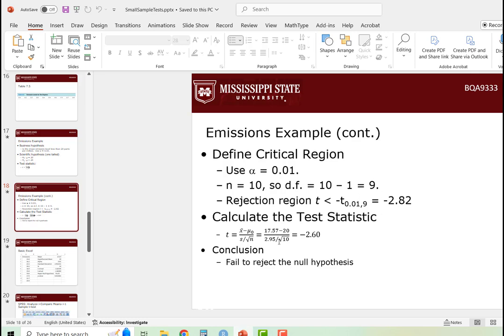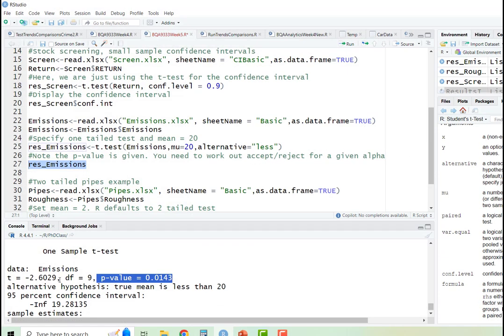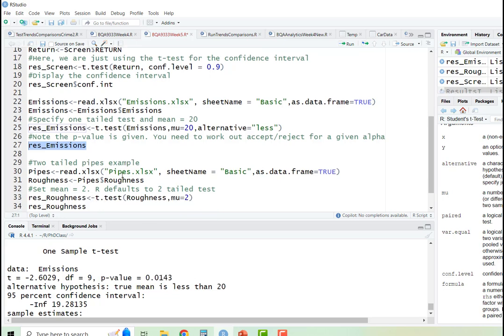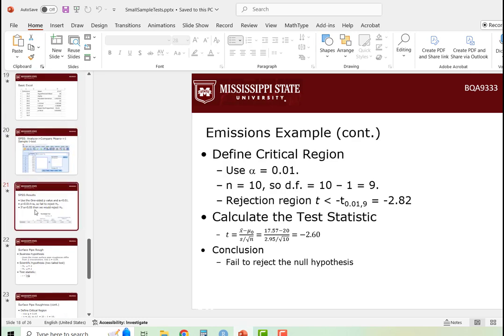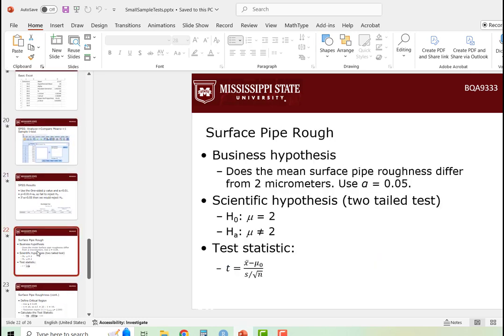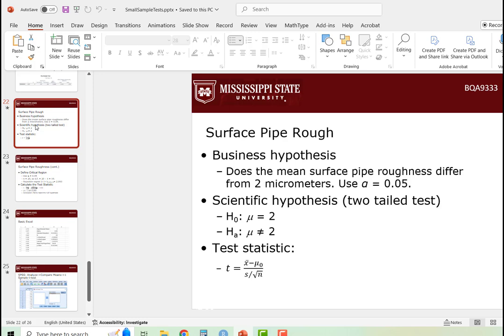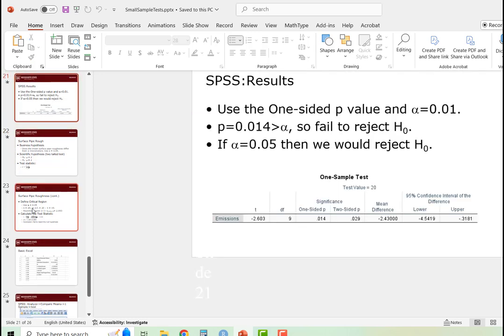We could have got the critical t and then compared the t, but the whole point of using computers is that we're not messing around with things like that. So we just directly compare the p-value with the alpha. So let's do a two-tailed example. And this is a bit further on. This is the pipes example from the class. So let's surface pipes. And basically here we have,